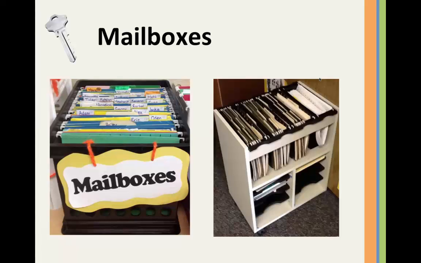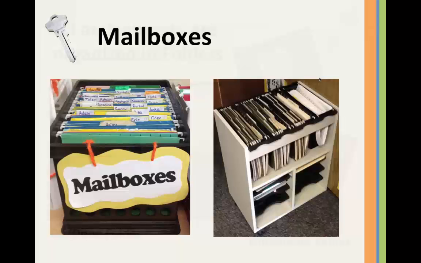Now, the reason I did that is to teach them to come under the authority of a peer. Because when they're working in small groups, I will have one of those students assigned as the team leader of that group. And I want all students to develop the habit of being honoring and respectful of the authority that I have assigned to another peer. So the mailbox monitor gives them practice in that, and they have to use those speaking and listening skills to ask for their mailbox and learn to wait and get their mailbox from their monitor.